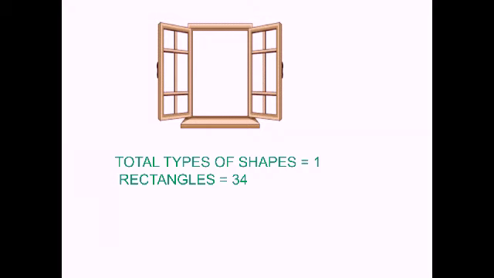Similarly, if you count like this, you will find in one part of the window there are 16 rectangles. So one half having 16 rectangles, another half is also having 16 rectangles. So 32 rectangles, one frame of the window, the big frame of the window, 33 rectangles, and another is the slab, this brown color slab on which the window is placed, that is also rectangular. So there are 34 rectangles. Count this one properly. One portion having 16 rectangles, so two similar portions will have 32 and two more, that is 34 rectangles. Okay.